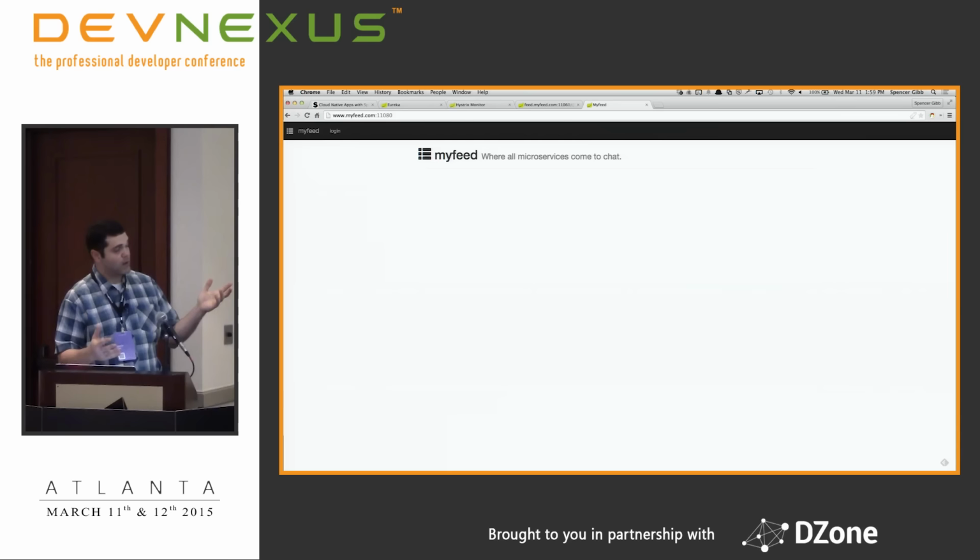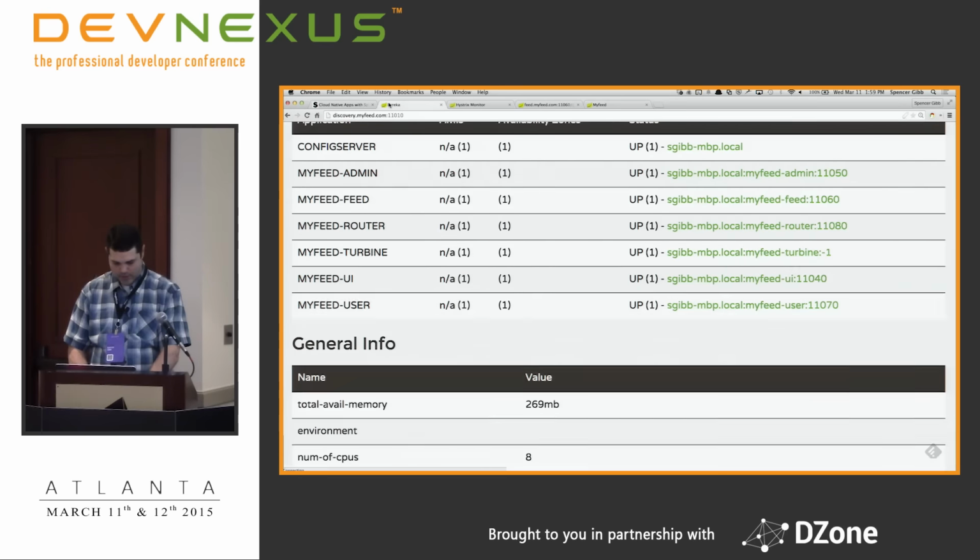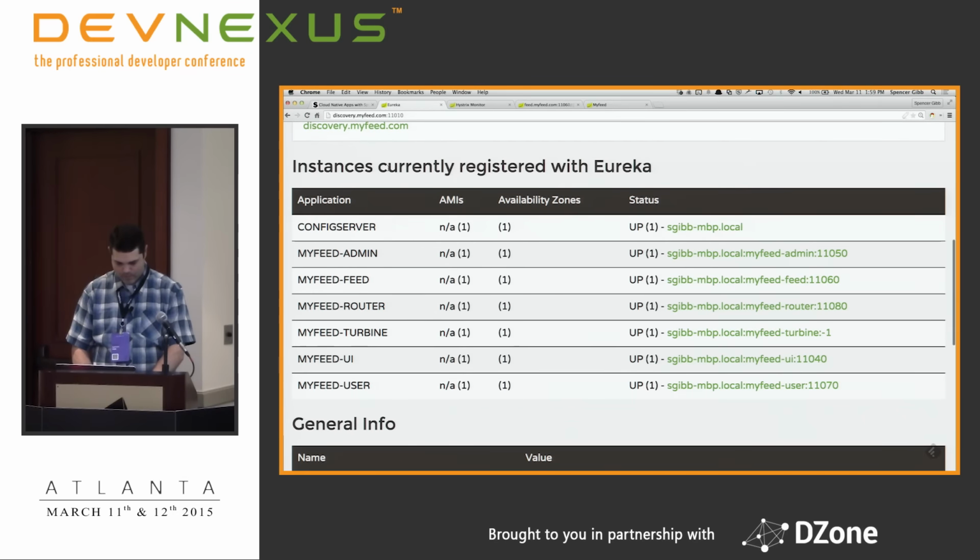So we've made it to my UI that was running on some other port, right? And you can show in Eureka that the router even gets registered, right? So really nice to have everything able to run through one place.